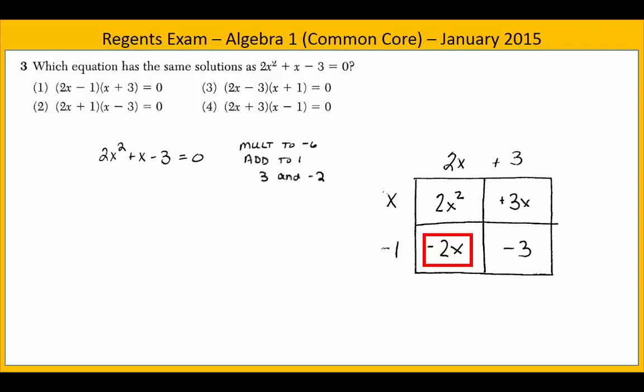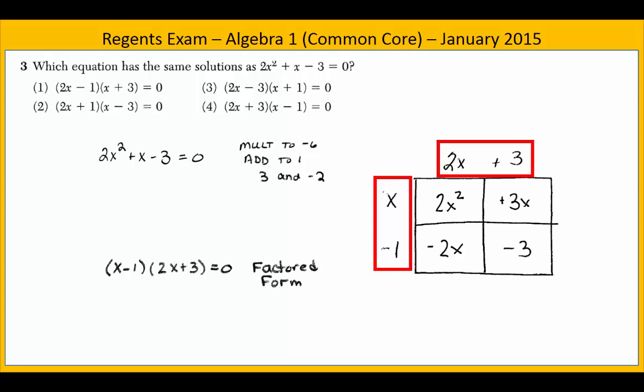And finally, we can check by multiplying the two numbers on the outside, 3 and negative 1, to verify that they multiply to the negative 3 that's inside the grid. It does. So we found our factors, x minus 1 and 2x plus 3. We can now write our equation in factored form as x minus 1 times 2x plus 3 equals 0, which means, once again, choice 4 is the equivalent equation that'll have the same solutions as 2x squared plus x minus